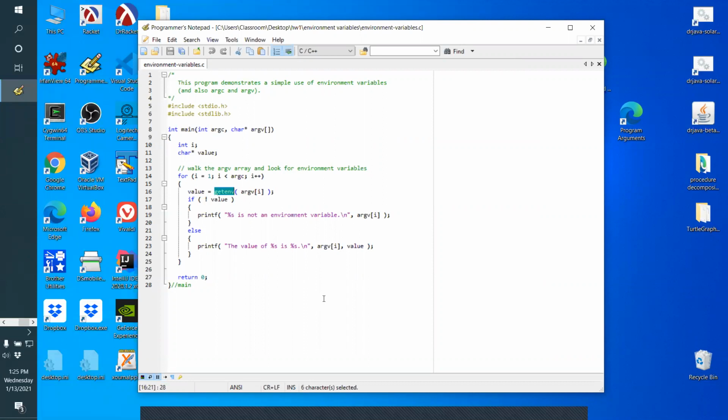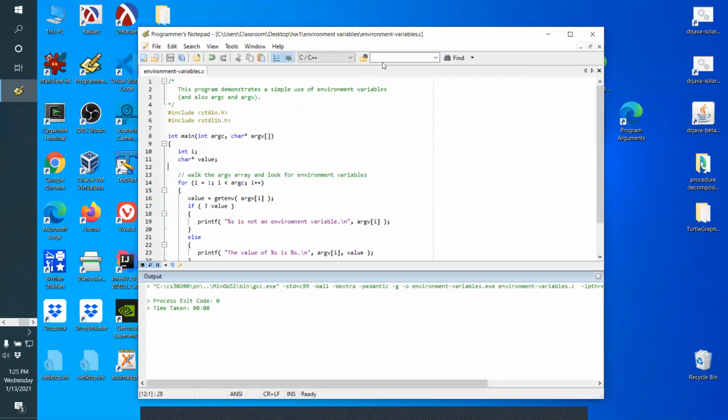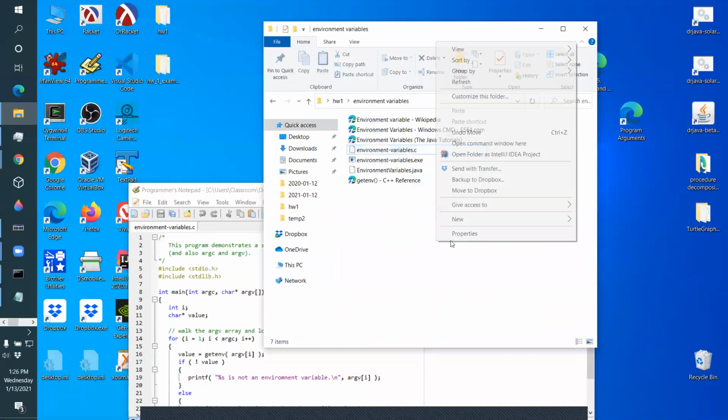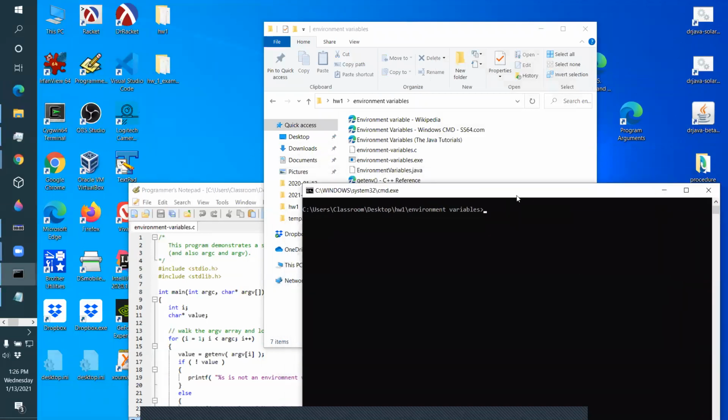This function here, getEnv, is the C function for reading an environment variable. Now, what I'm going to do is let somebody type on the command line the name of the argument. So this program is actually using both argument variables and command line arguments. Let me compile it, and then I'll go here and run it. And the way you run this program is